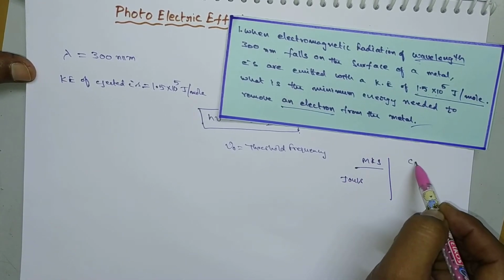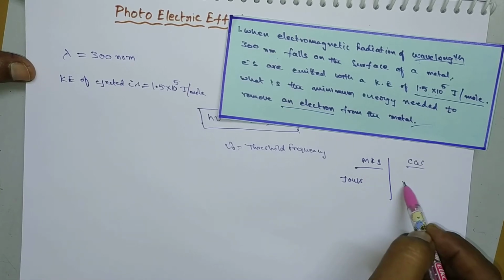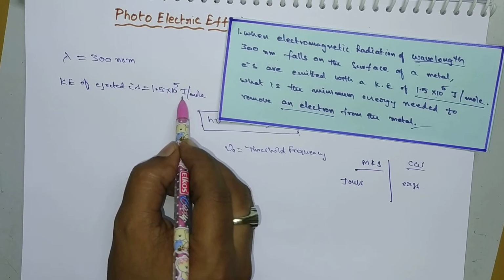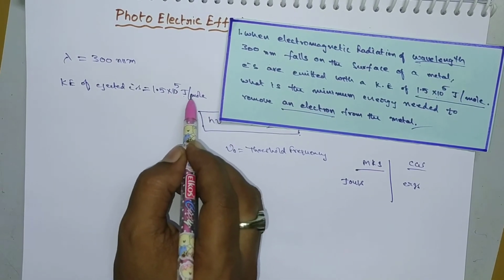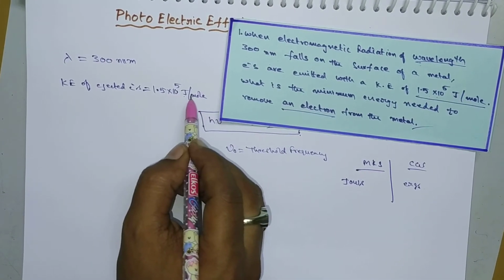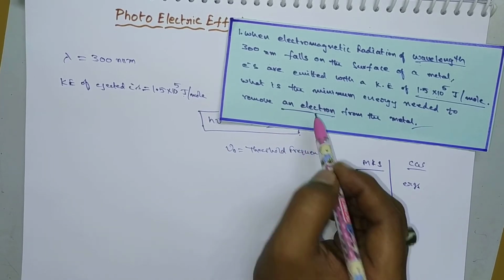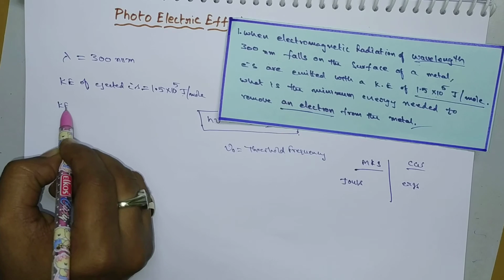So if it is in CGS system, it is in ergs. Okay, here it is for joules per mole. It is for 1 mole only. So here it is for 1 mole, but we are supposed to calculate for 1 electron. So that means the kinetic energy